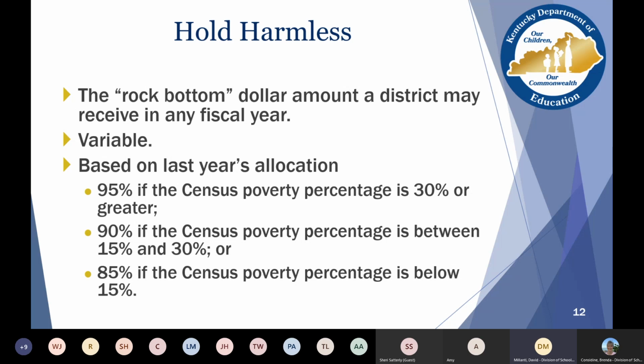The Census Bureau actually makes estimates based on community surveys, welfare participation, tax return data, that type of information, to estimate the total population of kids 5 to 17 in every district across the country, and the number of kids in poverty aged 5 to 17. So typically when we issue those notifications in January, you're going to notice your poverty percentage will probably be a little bit lower than what you might be able to pull out of Infinite Campus.